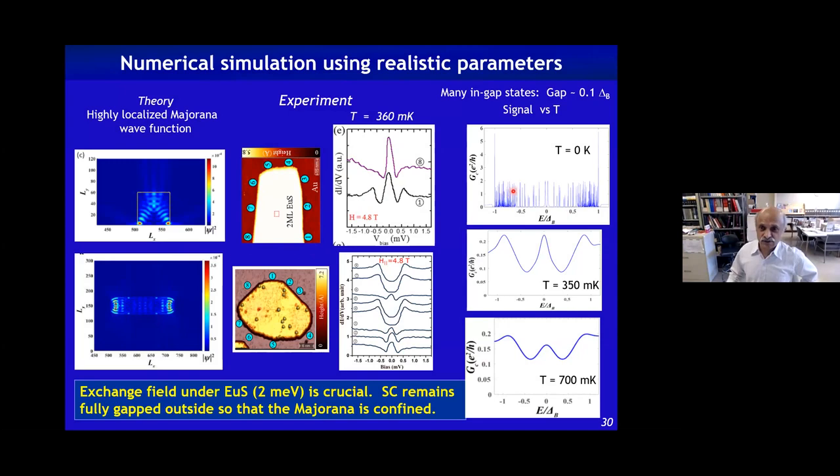So the second thing, of course, theory at T equal to 0, you see this Majorana peak develop in the middle, whereas all these extended states or quasi-particle excitations can also give rise to these extra peaks here. So if you're close to the topological gap, then this gap between the Majorana peak and the extended state is very narrow. So there's a lot of influence from these states on the Majorana. As a result of that, you won't see a well-defined peak. Whereas if you go to very low temperature and also in a superconductor which has a large gap, then you can have these extended states move far away from this. So you're able to see a much better peak.